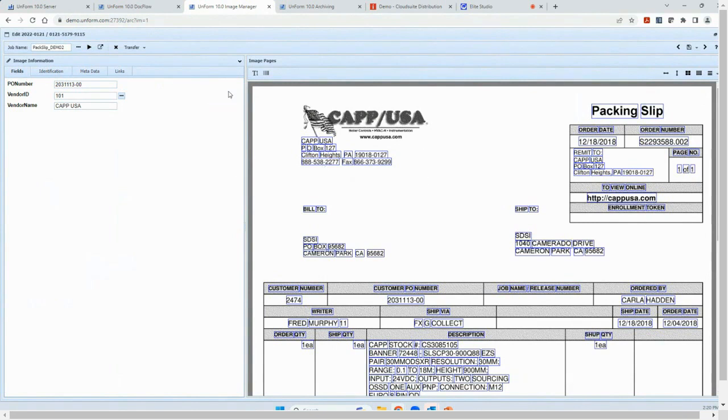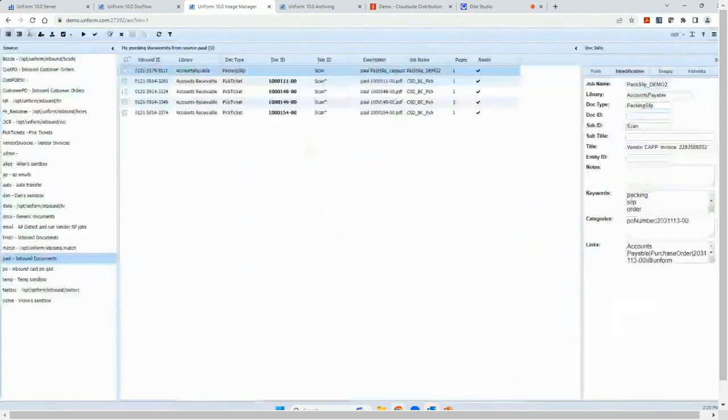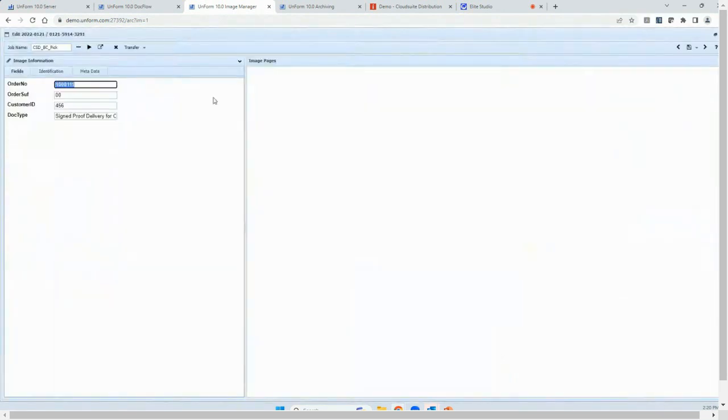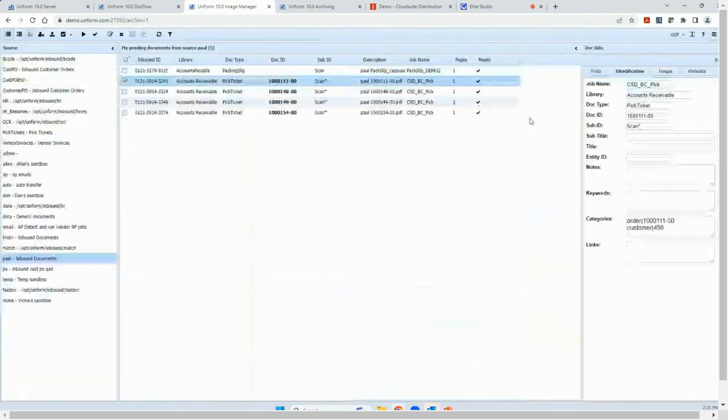So again, that's a couple of the different tools we use: the ability to enter a value and then look up additional information straight out of the ERP to make this process as quick and easy as possible. And of course, we have the ability to read a barcode as well. So you can use a combination of those technologies to do the same thing. In this example, we can read the barcode, get a sales order number, and then look up additional information that we need to process that document and get it filed away into the archive.